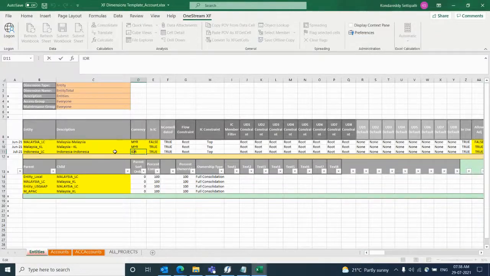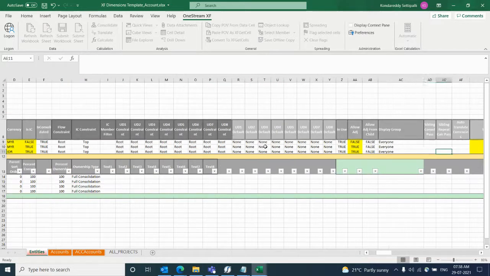So IDR I'm giving, and then use IC true we are enabling. If you want to disable, you can just disable it. Is consolidated true. Flow constraint, we are keeping as all the flow constraints. They are highlighted in a color, right? That means those are mandatory properties. Remember, always they have to be updated and then reviewed. These are like common settings. Even if you ignore it, it will not reject or give any issues, because by default the constraint we are referring to is top level.